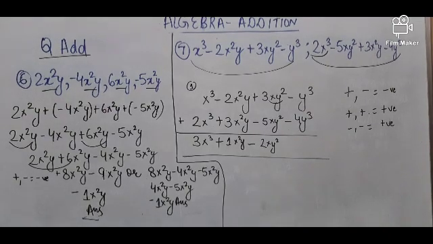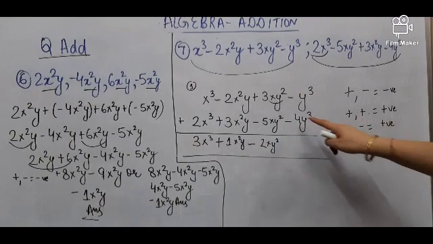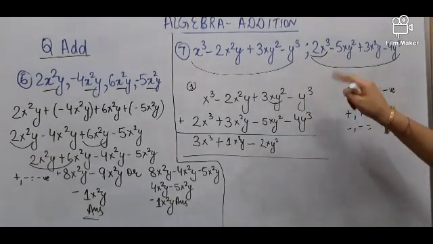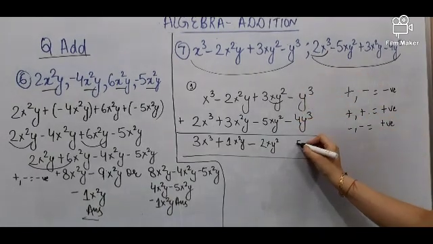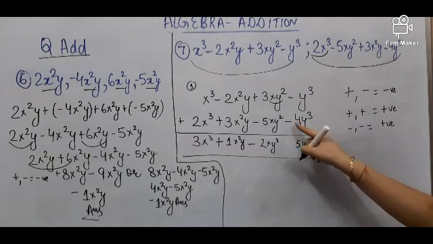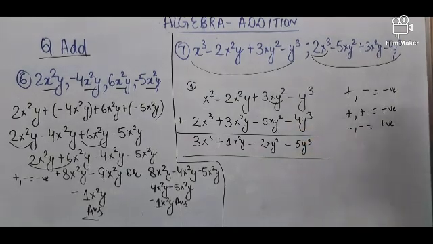Now we have both negative numbers, so result of two negatives is positive. So 4, and now constant of y is 1 here, so 4 plus 1 is 5y cube, and 4 is preceded by negative sign, so we'll put negative sign here. So this is the column method, and you know column method is far easier than the row method. I will explain the row method in the next questions. I hope question number 7 and 6 are very well clear to you.